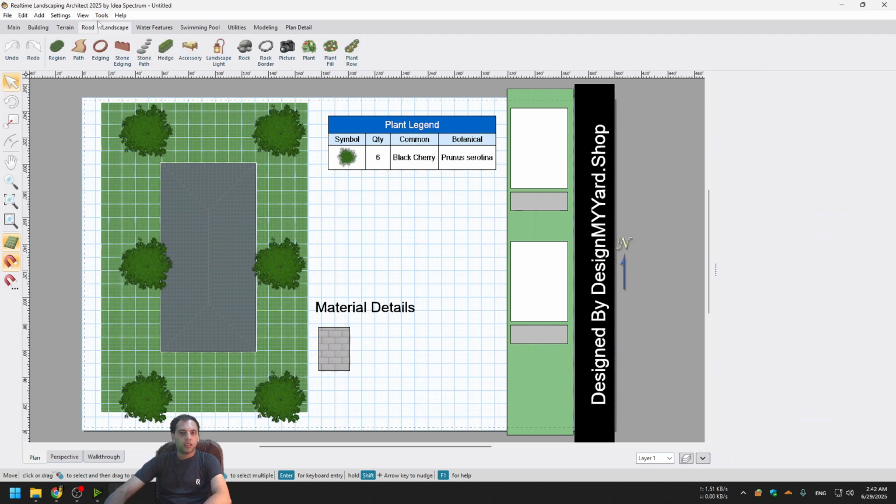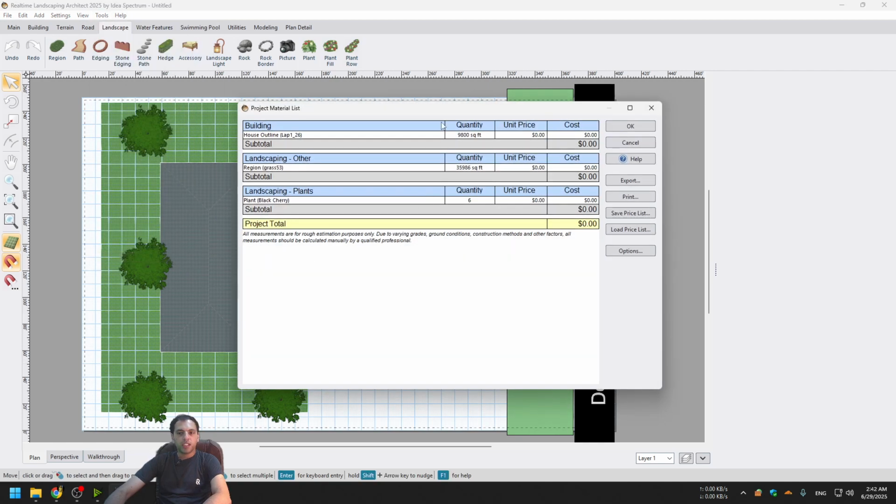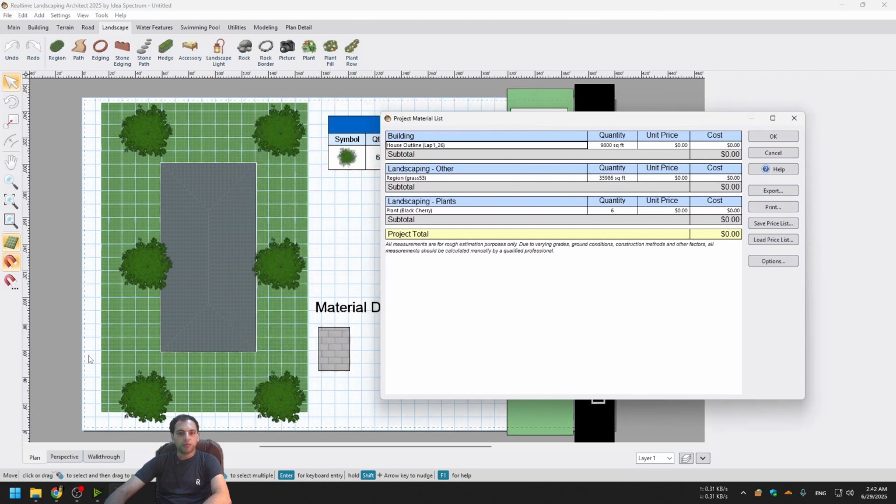To view your material calculations, you can go to tools and project material list, and you will see your calculations here. So I created this region for grass, and here you can see the quantity, how much square meters or square feet it is, and you can also see the area of the house and the amount of trees we used, 6 trees,